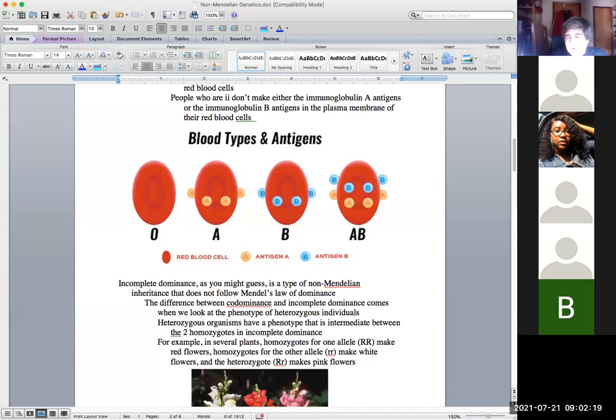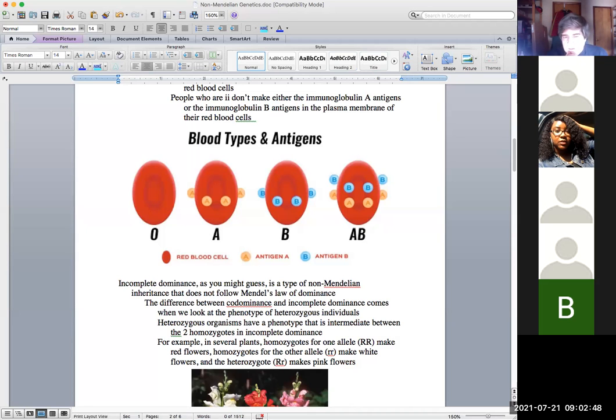And today what we're going to focus on is types of inheritance that don't follow Mendel's rules. Keep in mind, Mendel did his work roughly 160 years ago. So at the time, people didn't know about meiosis. They didn't know DNA was a genetic material. So not too surprising that Mendel got some things right, but didn't really describe the way that all of inheritance